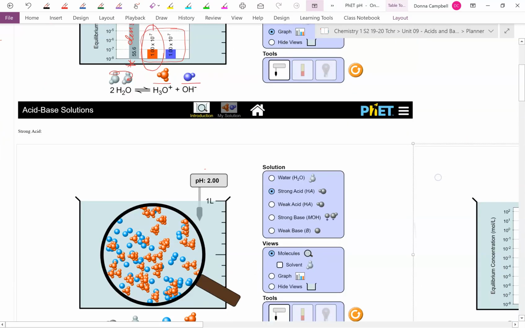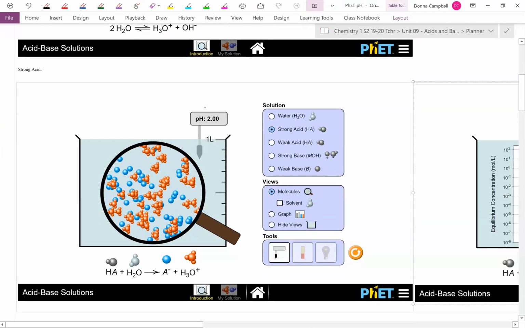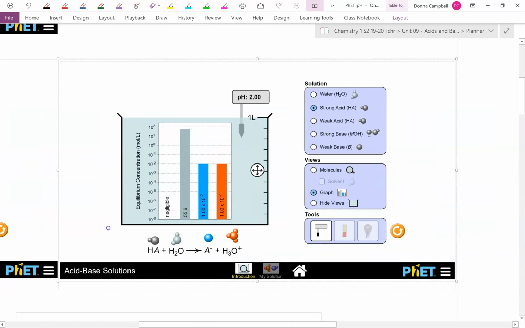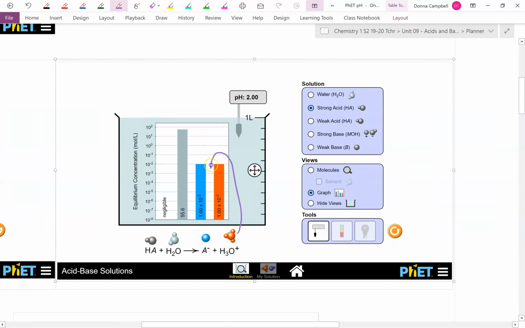So let's look down at an acid. Notice I've clicked strong acid, and that's very, very important. What happens is HA completely gives all of its protons to water, and we get H3O plus and A minus. And as you can see here, you see all the H3O pluses. We can get the pH calculated by looking at the H3O plus